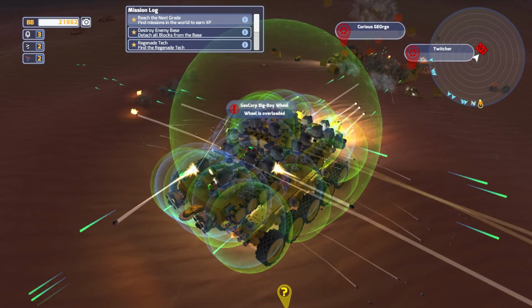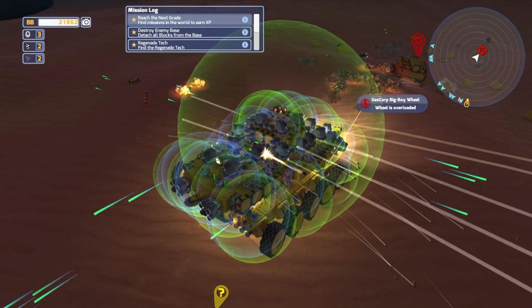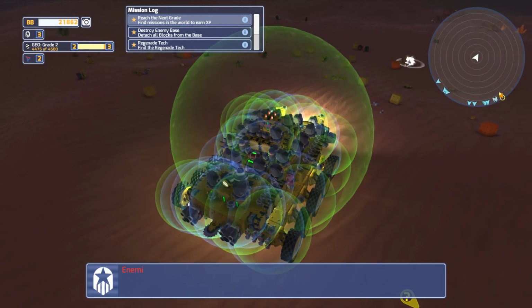Twitcher is the name of that bot. Curious George is the name of this one. I do like it. Don't really get to see too close. I really wish they put an item in the game maybe down the road that would allow you to...